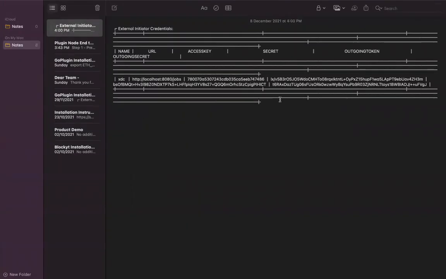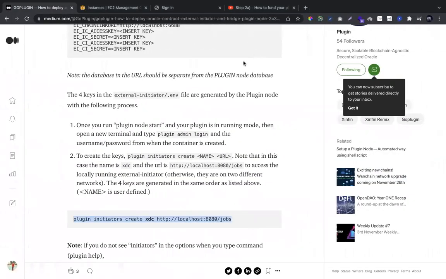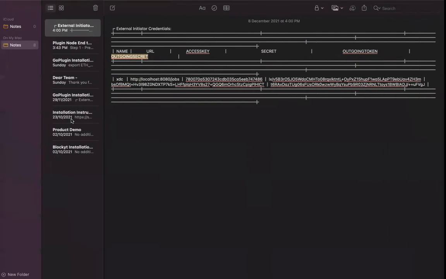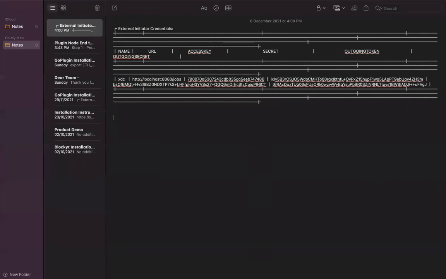Now we have a name, URL, access key, secret, outgoing token, outgoing secret. So we need the access key, the secret, the outgoing token, and the outgoing secret. These four parameters are in the same order, which we need to copy paste for these parameters. So I will just copy paste here. All I need to do is copy this token in the same order.